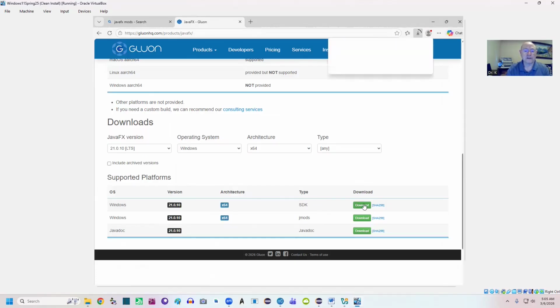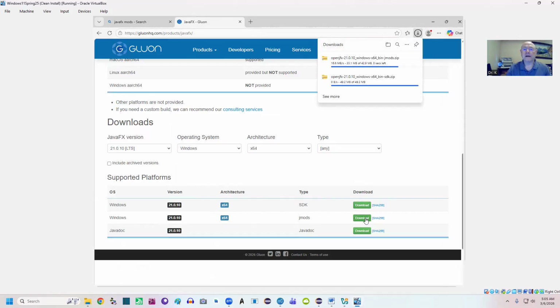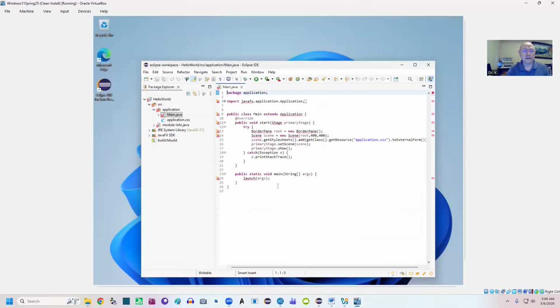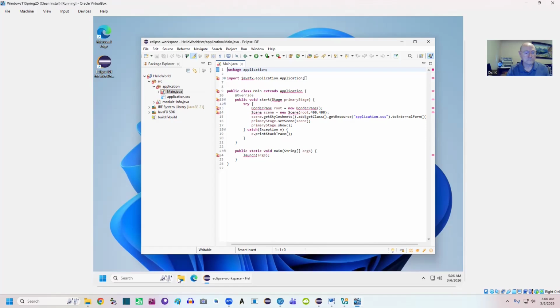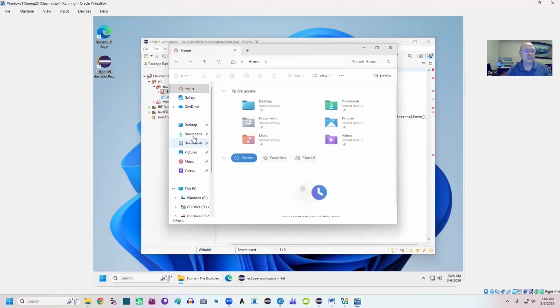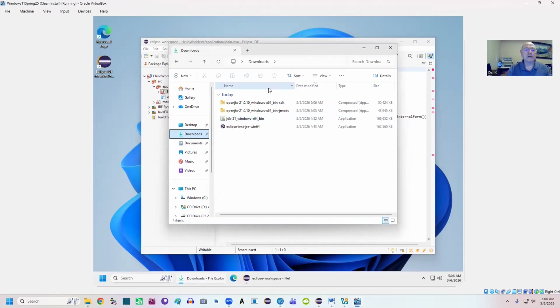So we're going to download it. And we'll download the other one. Now they're going to come down as zip files. Okay, once we have these, let me get out of there and let's go to our downloads folder, and you'll see we have both of these. So we're going to